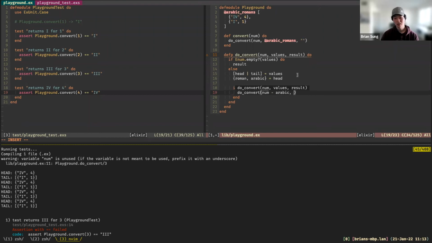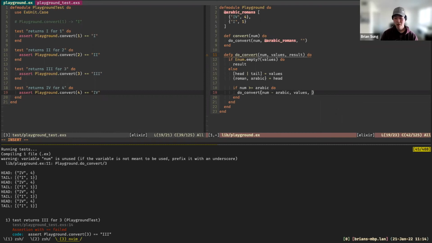And so since this, it's hard to see, but anyways, since the number is greater than Arabic, we still want to use that same place in the list, I suppose, that same list. So at this point, we're just going to pass in list, or values, I suppose, that's the name of it. But we're passing in the same list because we still want to use this first element in the list, because there could be instances like, for example, 22, where we have to append two X's in the front. So that's what we're doing here.